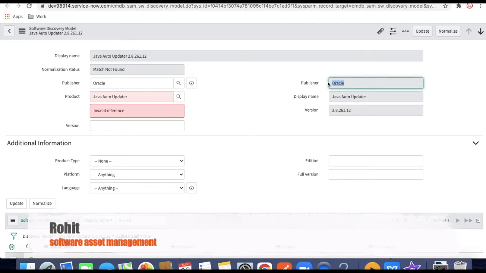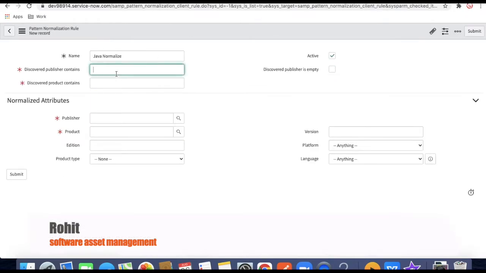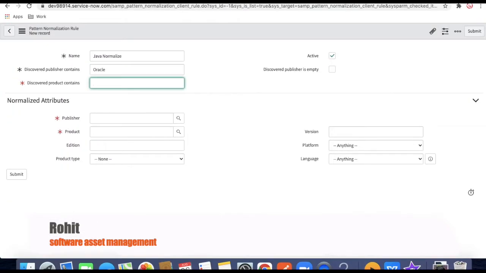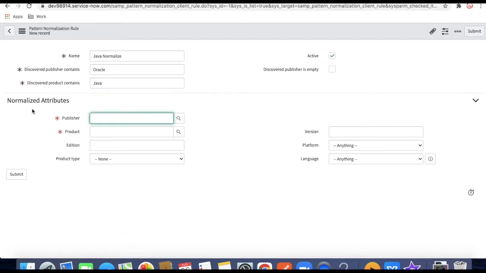The publisher in our case is Oracle, and then what should the product contain? In our case, in both cases, the display name has Java, right? So we'll say if the product contains Java, what will the normalized attribute be? Our normalized attribute will be Oracle and the product will be Java.